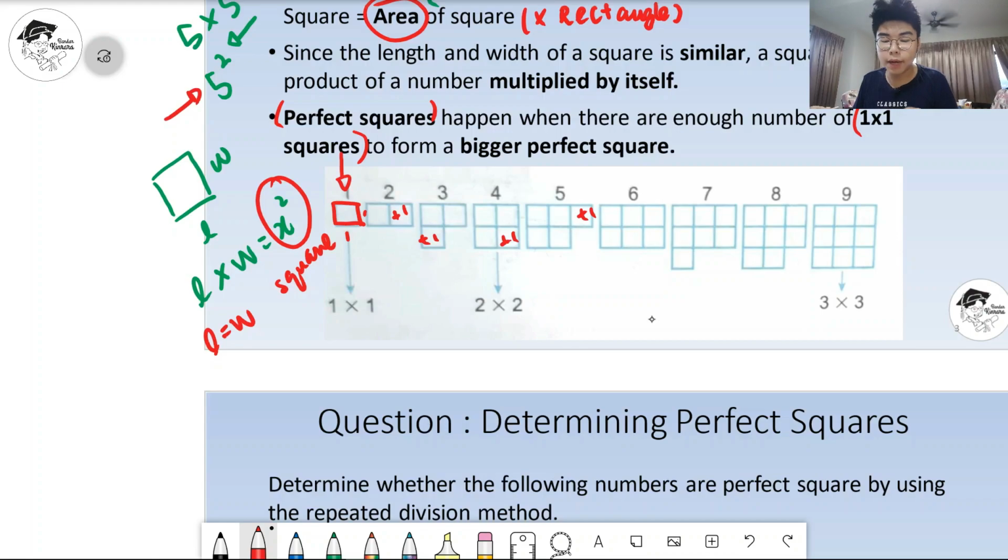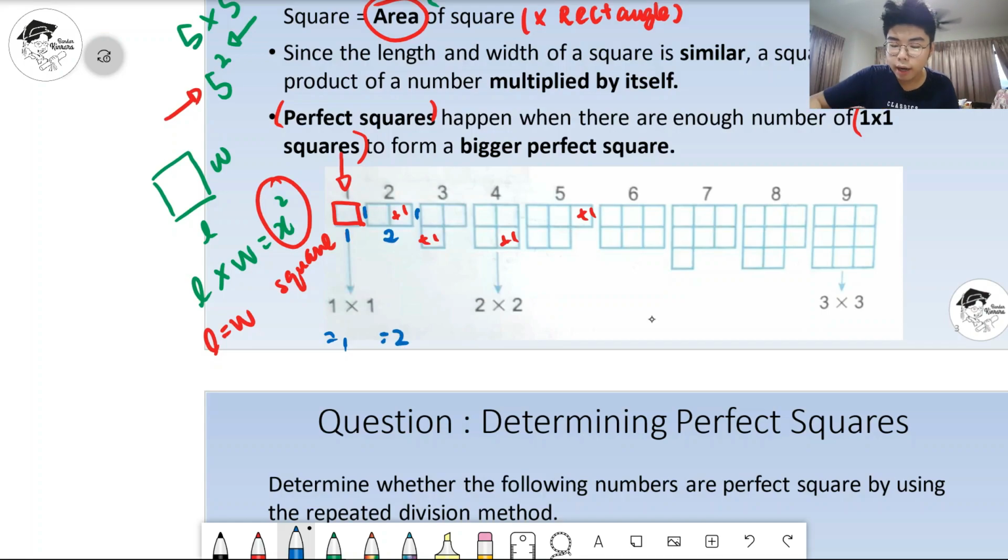Okay, so let's see. When you have a 1 by 1 box, dekat sini ha. When you have a 1 by 1 box, what happens? Sekarang we have the boxes kan? Dalam bentuk segi empat. So now we can calculate the square, the area. So what happens is here, what is the length? 1 with 1. 1 times 1 give you 1 lah. How about this? Number 2. 2 times 1 give you 2 lah.